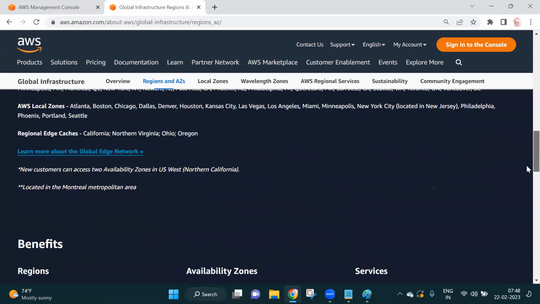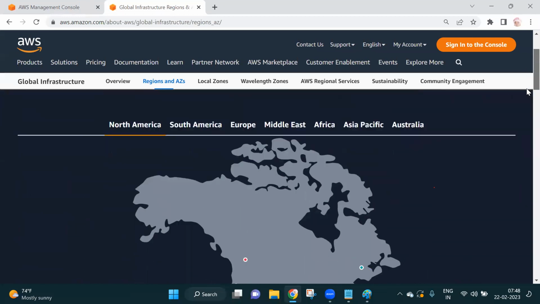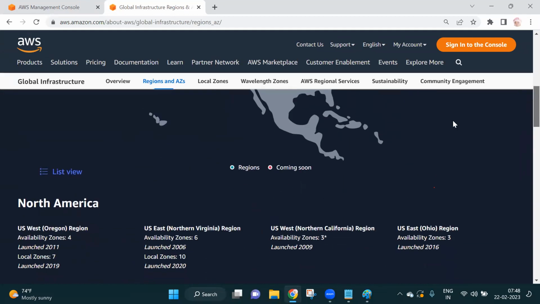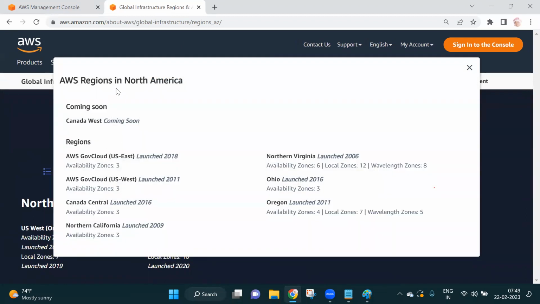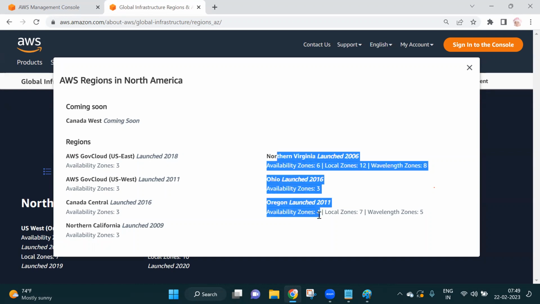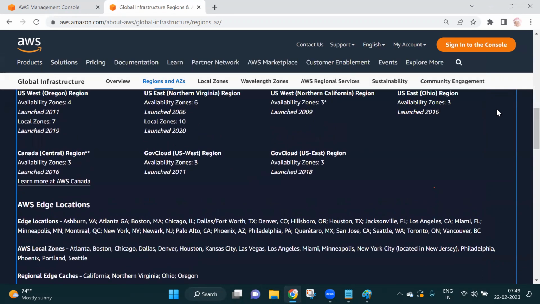So how many regions does AWS have in total? Take AWS region North America. Here we have 3 availability zones, which means this is one region. This is the second region, this one is third, and this one is fourth. In North America itself, we have around 7 regions, right? Like that, in every place they have regions.